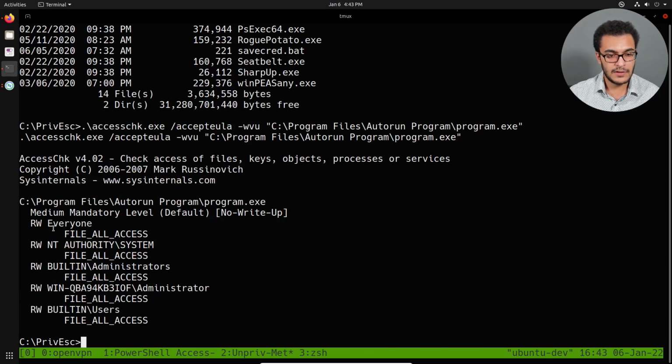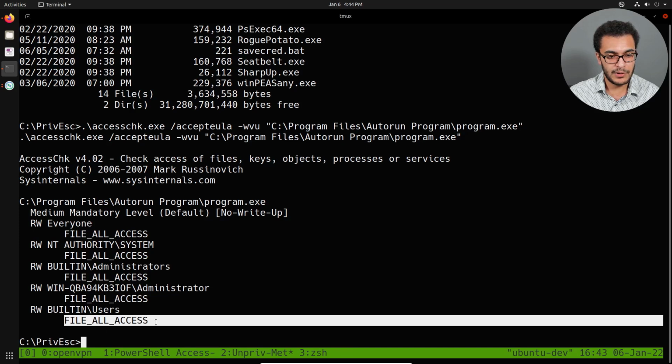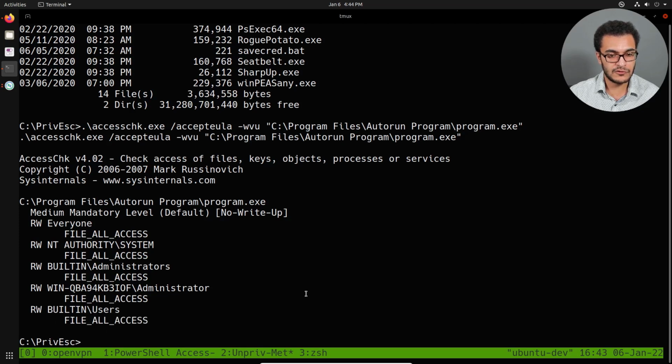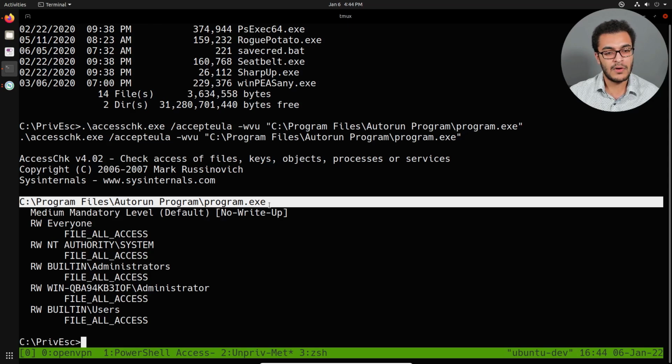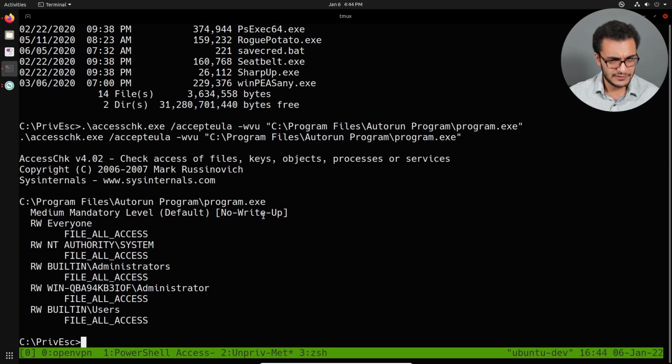And you can see that for the current user, so that's the users group there, we pretty much have file all access, read and write. So that means that we can currently make changes to the particular directory or the path of this particular AutoRun executable. Right now, the last variable that I wanted to highlight in regards to elevating our privileges through this particular